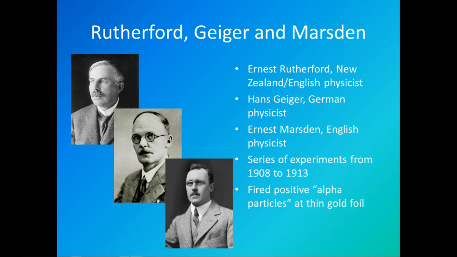Okay, moving on to Rutherford, Lord Rutherford, Geiger and Marsden. So some physicists. Ernest Rutherford was born in New Zealand and he worked in England and became Lord Rutherford. Hans Geiger was German and Ernest Marsden English, and they were Rutherford's students, and they carried out a series of experiments from 1908 to 1913 which developed as they went along, and they fired positive alpha particles which come out of some radioactive materials at thin gold foil,